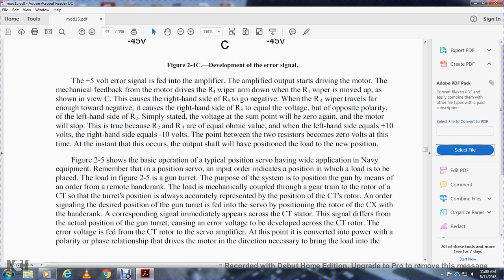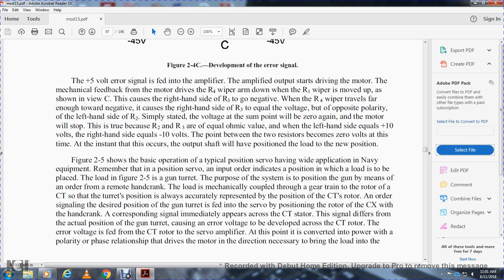The amplified output starts to drive the motor, which mechanically drives the resistor 4 wiper arm, as shown on the right hand side with resistor 3, toward negative. The wiper of resistor 4 travels far enough toward negative to make the right hand side of resistor 3 equal the voltage of opposite polarity on the left hand side of resistor 2. Simply stated, the voltage at the sum point